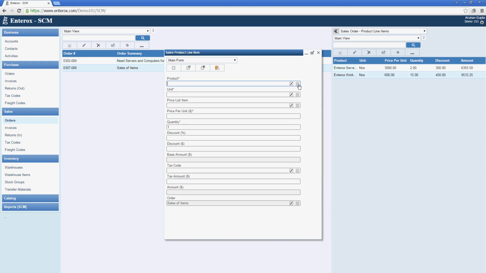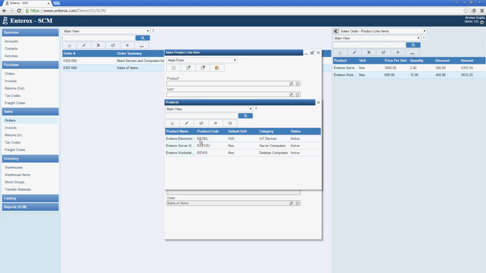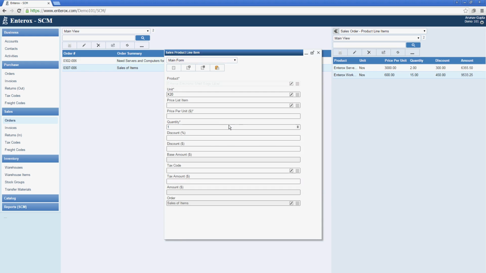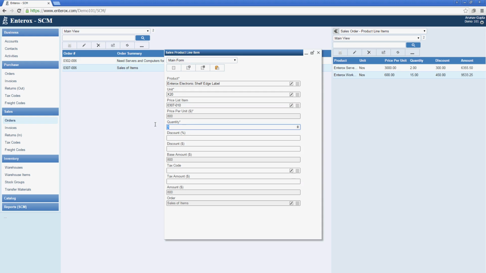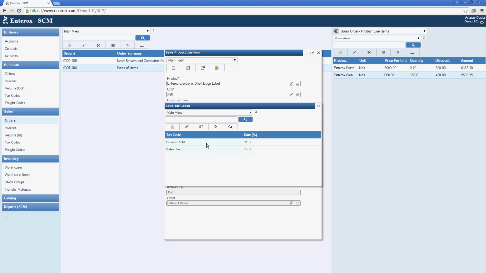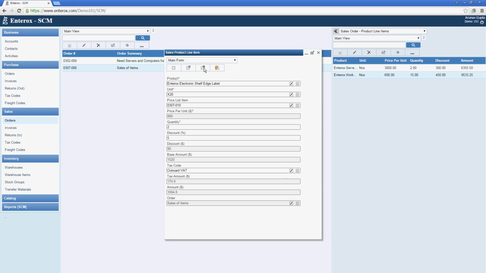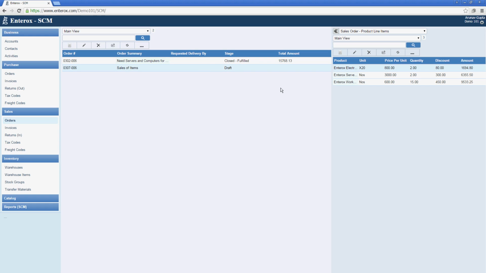and similarly we can add some e-cell tags, electronic shelf edge label. Now we are selling it in boxes, and we'll select the price list item. We'll select the standard price for that. We'll sell 2 boxes. We'll give a discount of 5% over here as well. Select tax. So we have created a sales order, and say we want to fulfill this sales order, and again